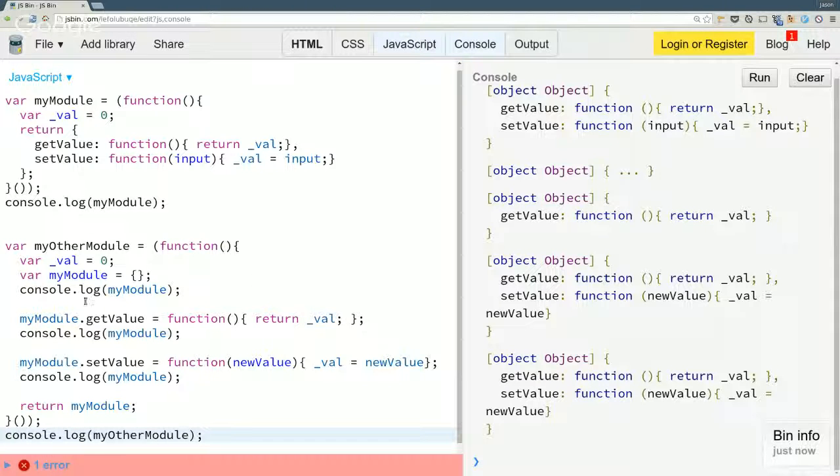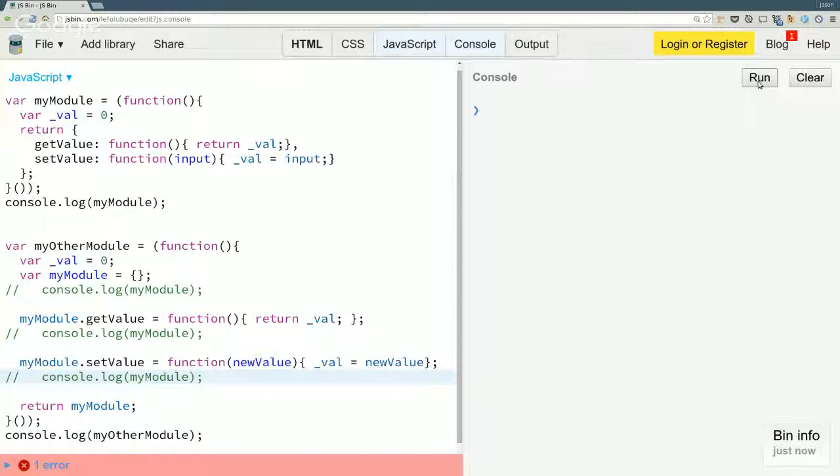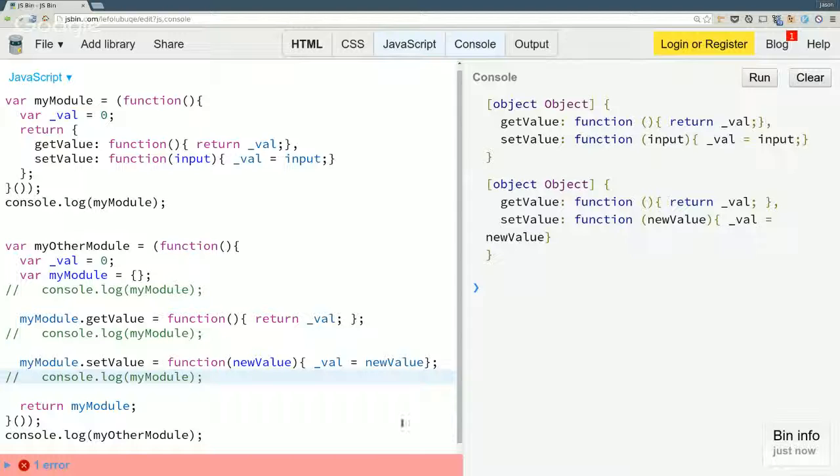Let me comment these out because they're polluting. So if I clear this, I should turn off my HipChat. I'm broadcasting my HipChat to the world. So you see here, there is no difference. It looks a little bit different because I used input here and new value here. Let me just clean that up instead of even having to point it out.